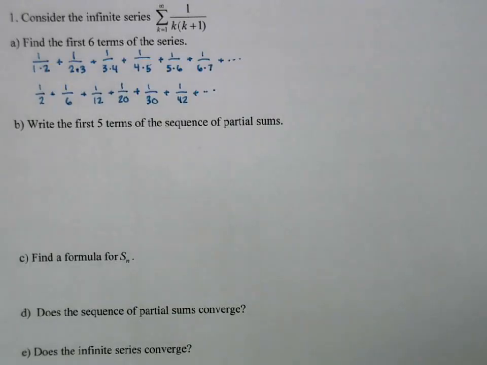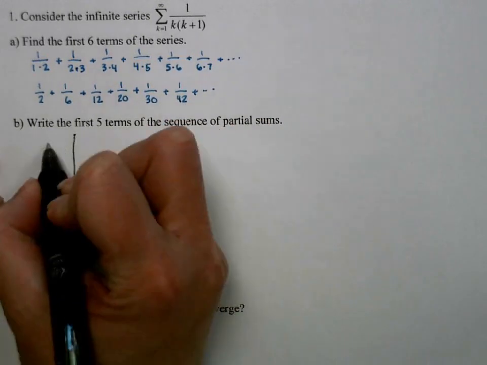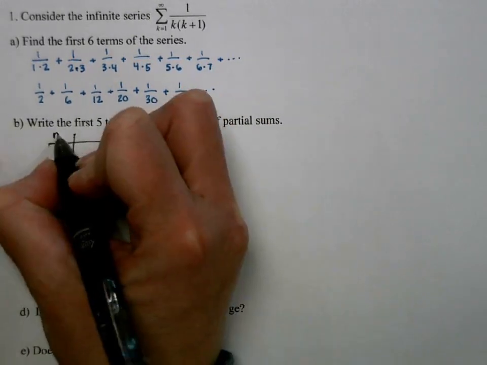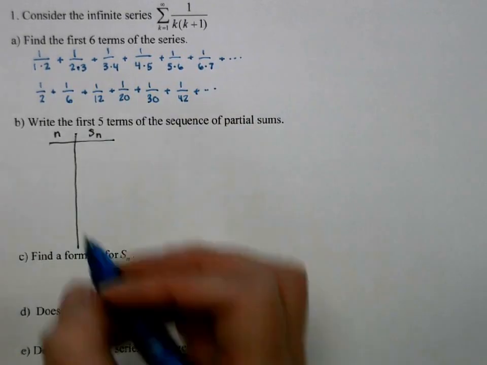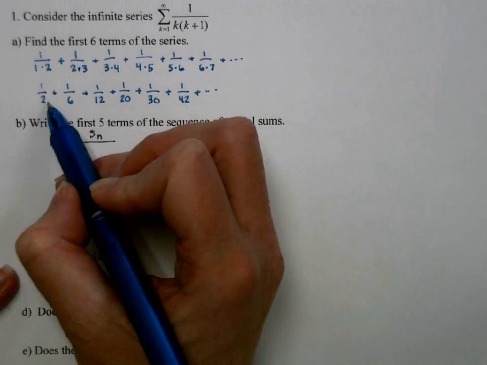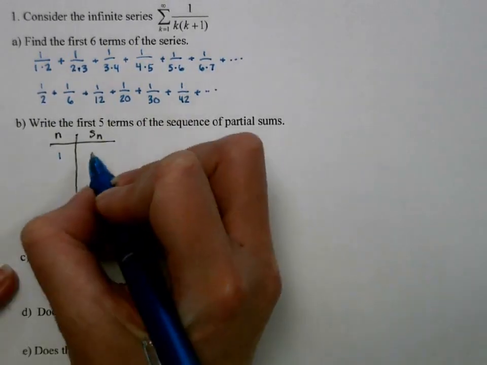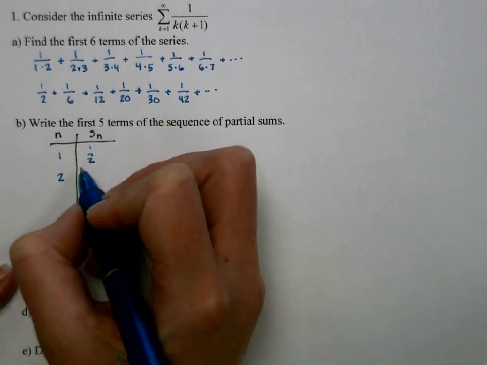Okay, next I'm going to find the first 5 partial sums. To do this, I'm going to make a chart to organize. I'll have n here and Sn over here. Well, if n is 1, then S1 is the first term, which is just 1/2. S2 is going to be 1/2